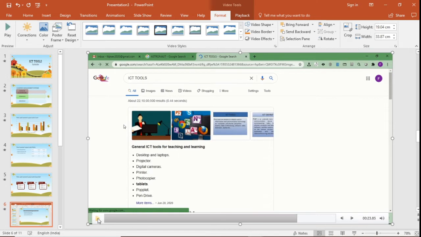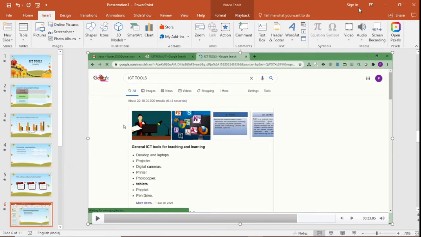So we can see that whatever we searched on our screen, this is similar to display capture in the OBS or your total screen recording in Screencast-O-Matic. So instead of having a separate software to record your total screen, this is possible in your Microsoft PowerPoint itself. So I can go to insert, I can click on screen recording. We can choose the area which has to be recorded, and when you start the recording, the total screen gets recorded for us.